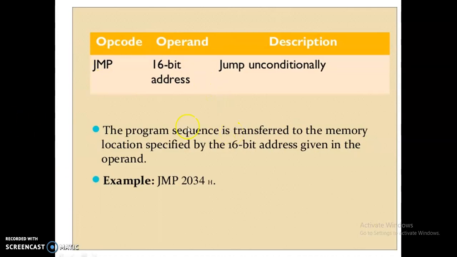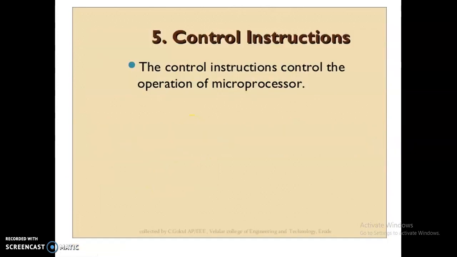After this opcode is executed, the program sequence is transferred to the memory specified by the 16-bit address given in the operand. For example, here JMP is the opcode, 2034 is the memory address. After this instruction is executed, control is transferred to memory location 2034.